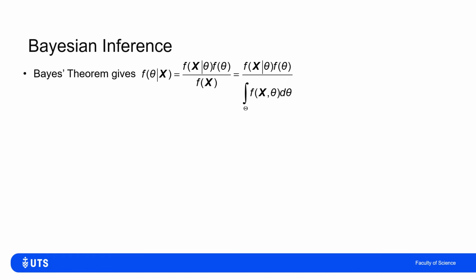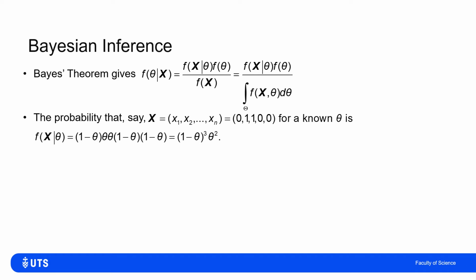Working out Bayes' theorem, I can put in my prior belief, f of theta. I can put in my likelihood, f of x given theta, if I've got a data set, and I should be able to get out, up to this constant of proportionality, the posterior, f of theta given my data set. Let's say my observations, I think I coded 0 for tails, 1 for heads. So if I got 0, 1, 1, 0, 0, i.e. tails, heads, heads, tails, tails,